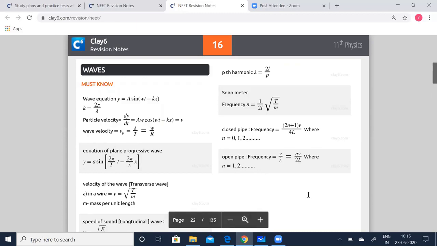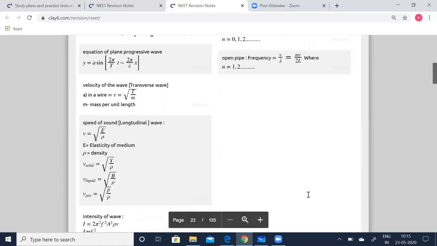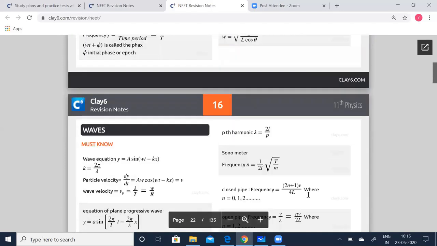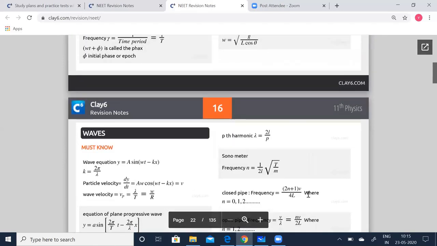So we have quickly covered all the important formulae you have to remember in these two lessons. Generally, the percentage is just 1%. So you can expect one question from this, or it may not come also, but we'll have to be prepared for the worst. So let us quickly look into the example problems. What type of problems can occur from these two lessons?